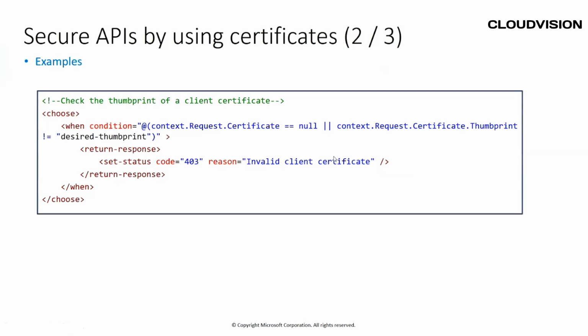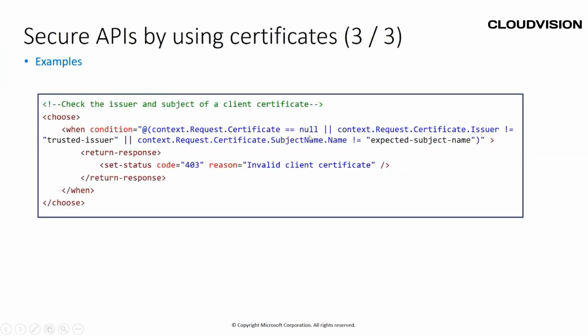Or it might be possible that you do not have a certificate, or maybe the issuer ID is not the one that I have trusted, that I have a trust level with, or maybe the subject name is different. Then also I can say invalid certificate. So I can check the properties of the certificate in the policy, and then if it doesn't match,